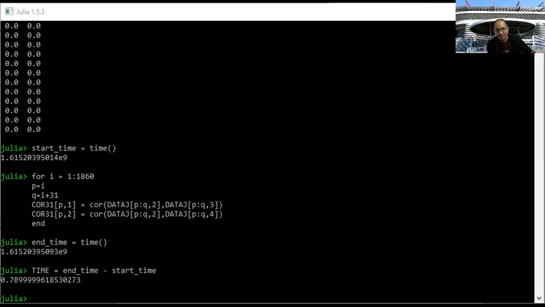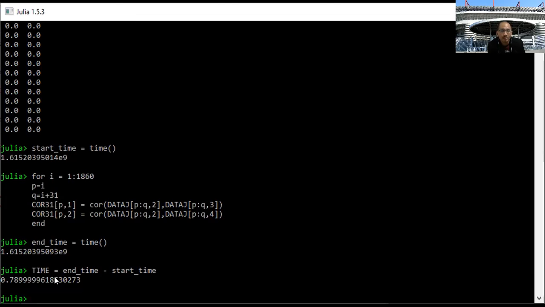But once you get the compilers, you call the Julia package, you can see the processing time is much faster. Some of you might think it's only 0.something seconds, but again, this is just